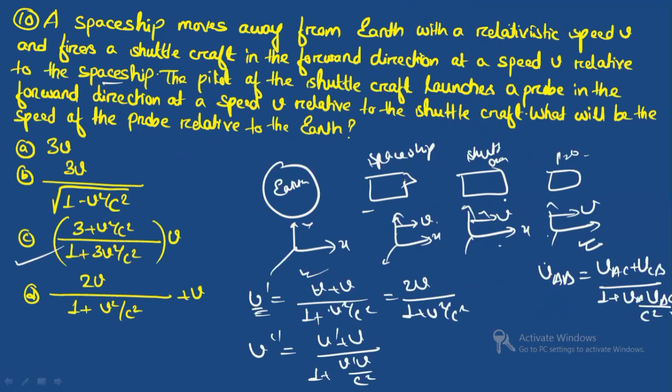The speed. This V is representing what? With respect to the shuttle. This represents the speed with respect to the spaceship, right? And you will have to find what? With respect to what? The spaceship with respect to the earth, because you are not having this with respect to the earth. So this you are finding, all right? And you are asked to find what? This with respect to this. You will have to just study the relativity part.